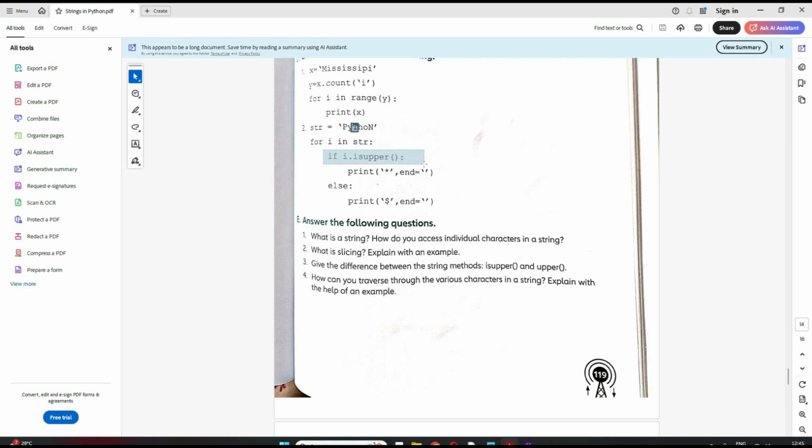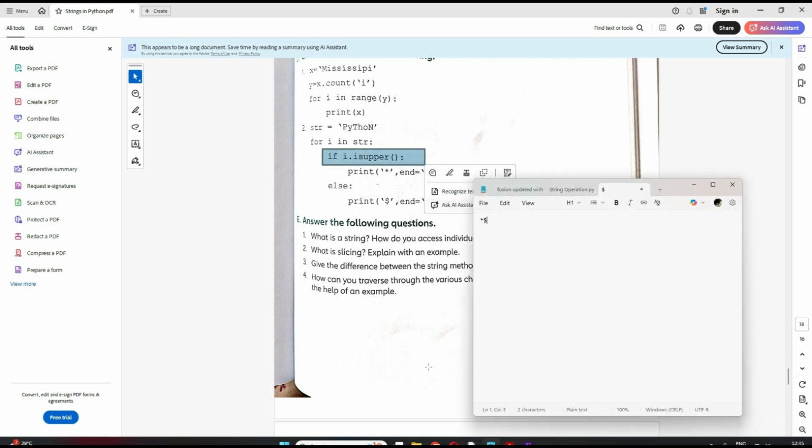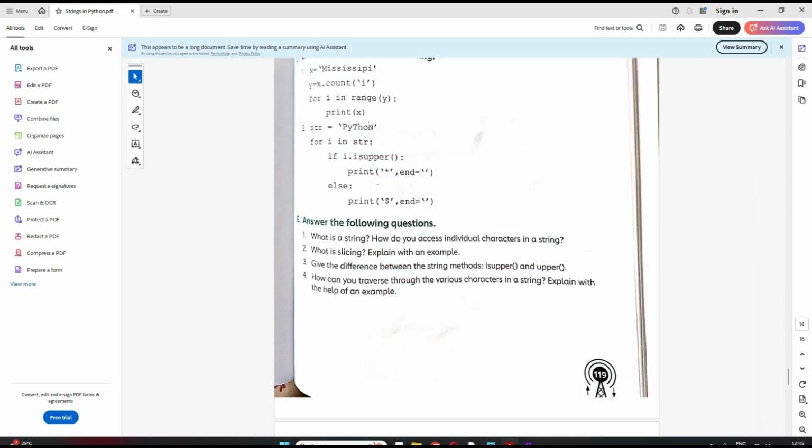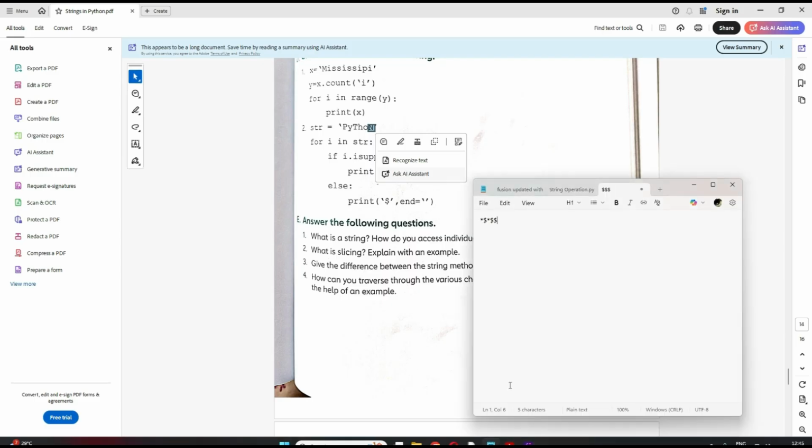So now again we will print a star. Now we will get small h, then dollar will be printed, then for small o dollar will be printed again, then at the end for capital N again we will have a star printed. So this will be the output of this program.